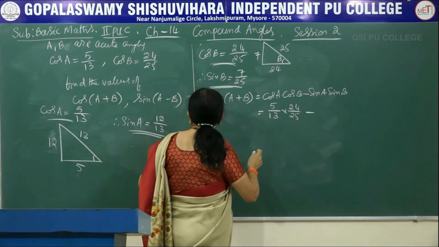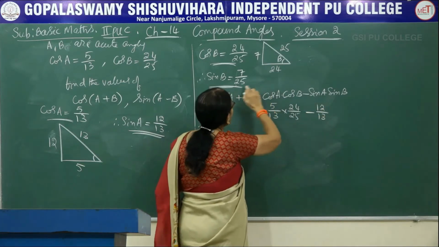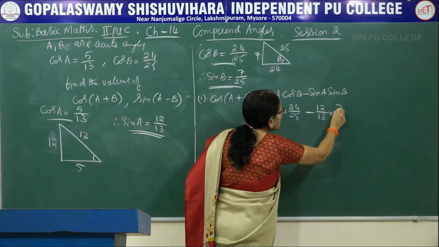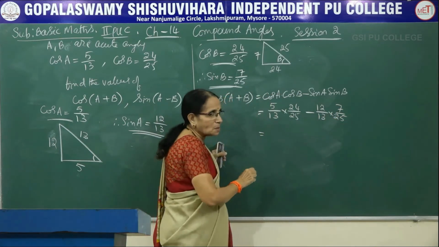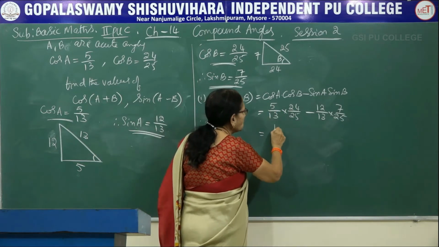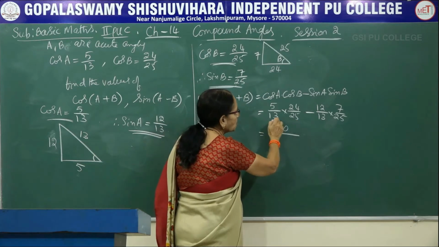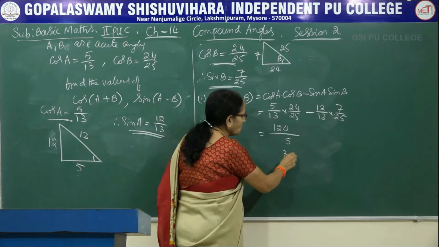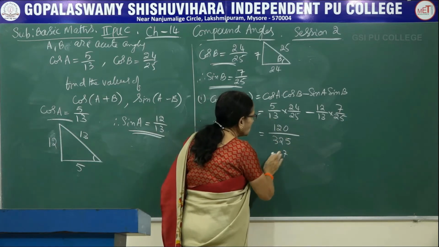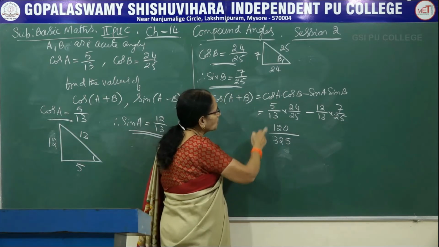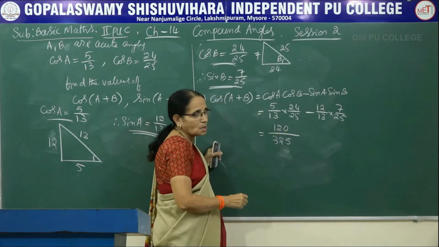Now, sin A we have calculated, it is 12 by 13. What is sin B? It is again 7 by 25. Now, let me do the multiplication. 24 5s are 120, and when you multiply 25 into 3, 75, 7 carried, 25 into 1, 25 plus 7, that is 32. So it is 120. Of course, you can do the cancellation here. Don't do that one to retain the same denominator.